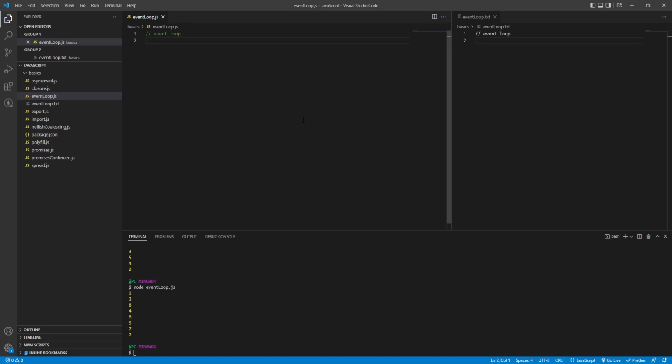Okay, so this is to go over the event loop in JavaScript. So in JavaScript, the JavaScript engine waits for tasks, it executes them, and then it sleeps. So that is, I suppose, the simple concept of the event loop. So in the scenario where there is a task being executed and another event comes in, what happens is that